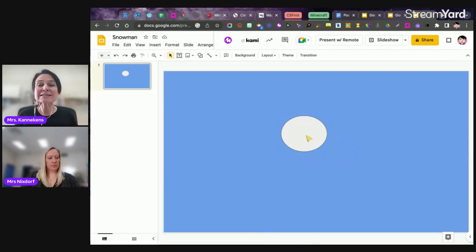Now, let's say I wanted to make this a little bit bigger. Here is a keyboard shortcut. And today you're going to learn a couple keyboard shortcuts. I'm excited to share these with you. So you're going to use